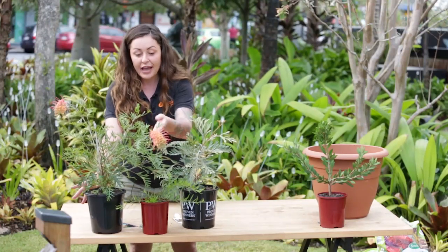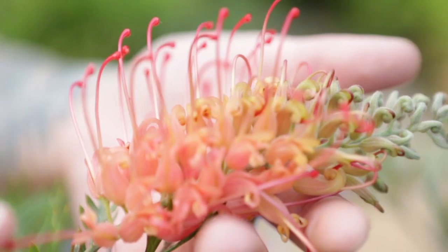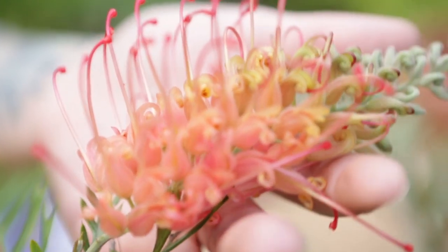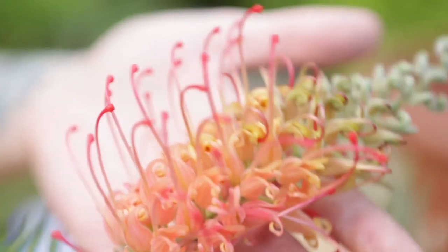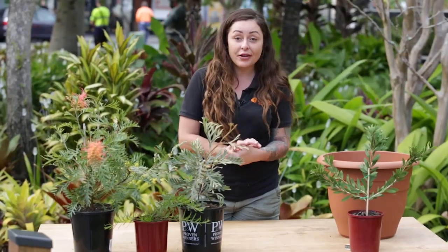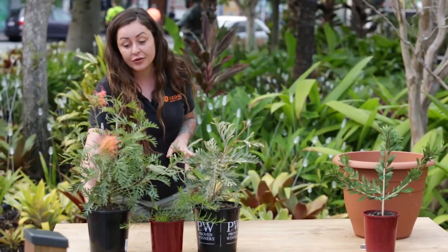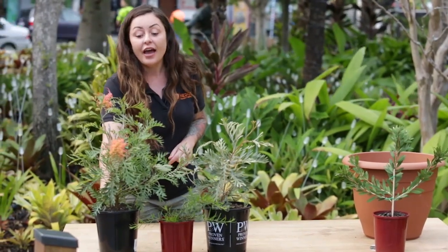And then finally, we have the Grevillea lupulou. Now this one, we're fortunate enough to have a few flowers on this plant. So here we have a great selection of native plants that will attract lots of bird life, bees and butterflies into your garden. But today I am just going to pot up the lupulou grevillea, and we're going to